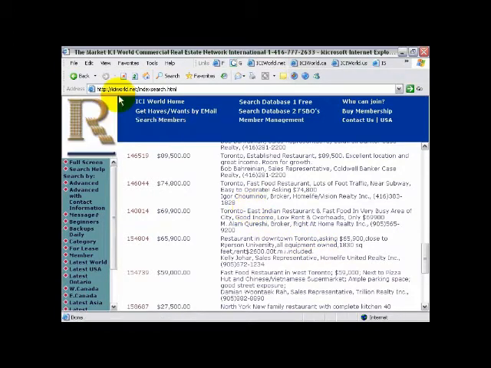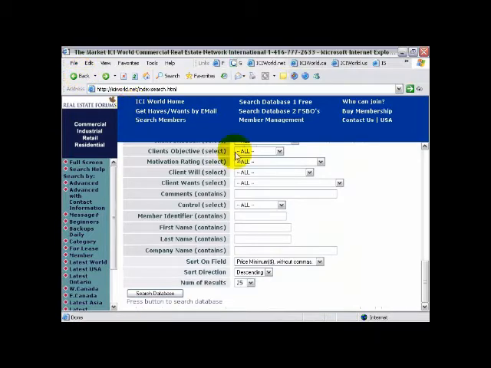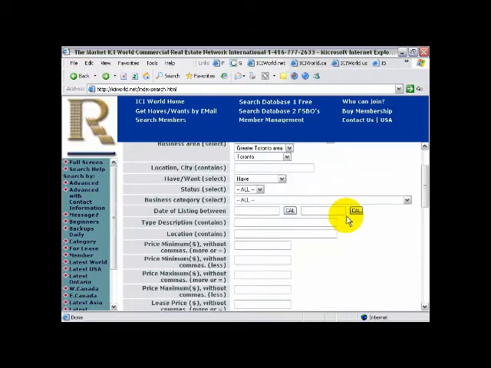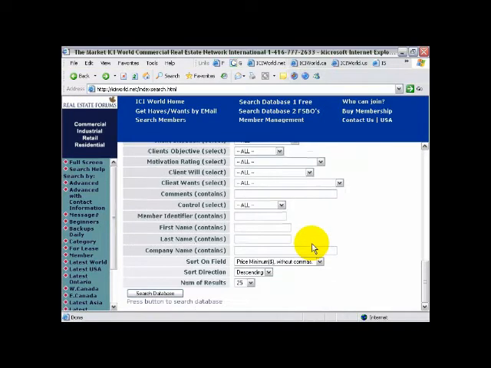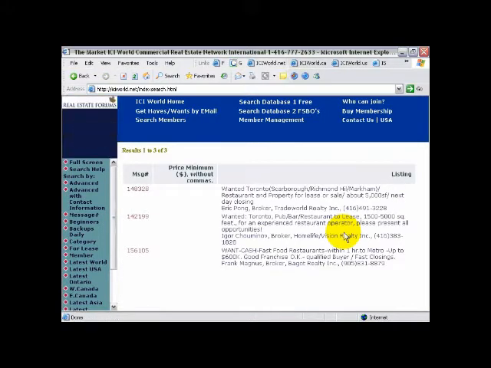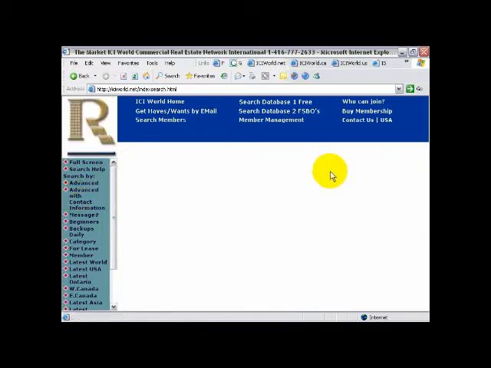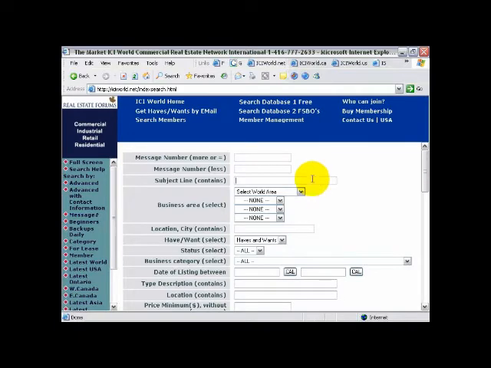Now, if you wanted buyers of restaurants, you simply change the have to a want. Go down to the bottom of the page and search the database. Click on Advanced with Contact again on the left, and I'll give you a little choice. You generally get a little sort of an advantage in the marketplace, a little trick to search some things.